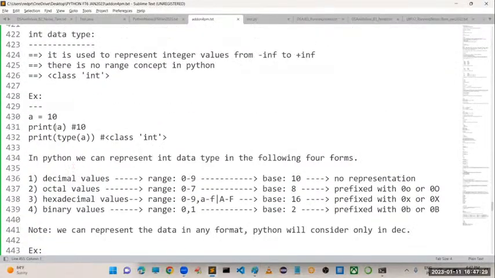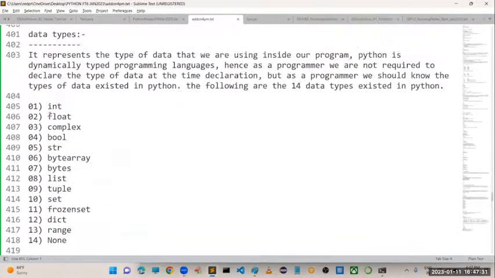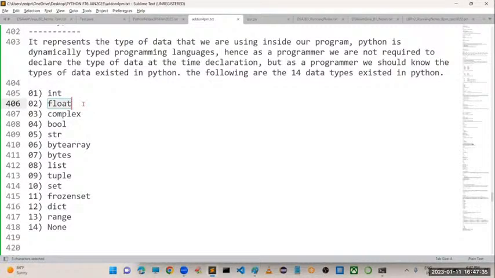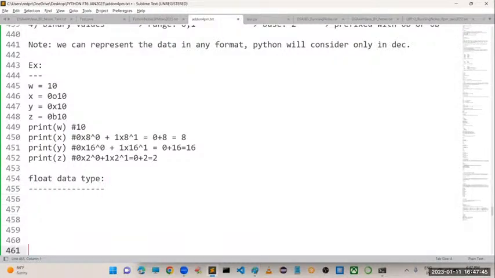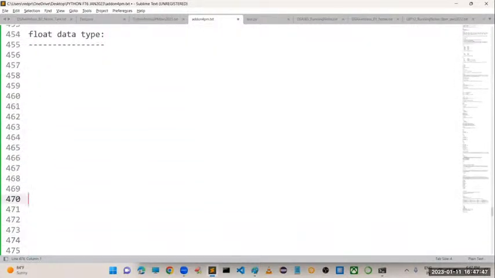So after completing this integer data type, the next data type we have here is floating point data type. So what is the data type name? Floating point data type. So what is this floating point data type? How can we represent this floating point data type? Very simple.